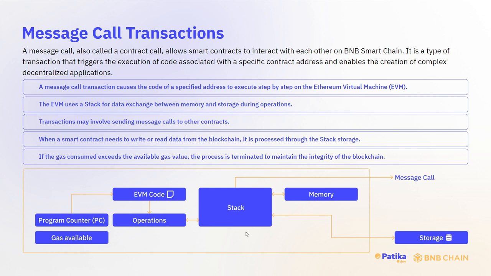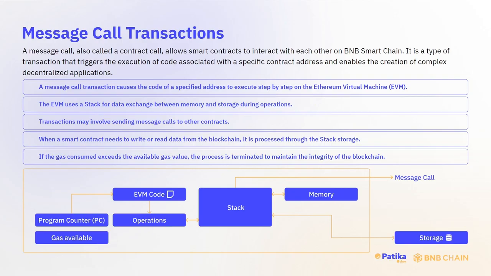The stack operates on a last in, first out principle. So if you are familiar with data structures, you might also be familiar with the LIFO, last in, first out principle. But if you don't know about it, it's also okay. You can check it out if you want to learn it in detail. The stack operates on this principle, which means that the last item added to the stack is the first item to